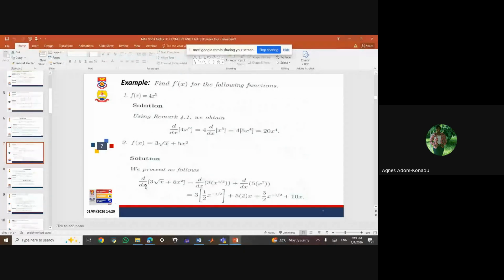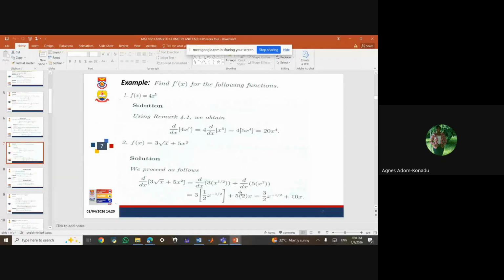Okay, so as I was saying, we are using the sum rule. Okay, so when I differentiate this one, it is the differential of the first term plus the differential of the second term. So d dx of 3 square root of x, which is the same as x to the power 1 over 2. So I have 3 times x to the power 1 over 2 plus d dx of 5x squared. Then I'll apply that remark, which says that for a constant times a differentiable function, I'll bring the constant out, then I'll differentiate the function. So I have the 3, then the differential of x to the power 1 over 2 is 1 over 2 x to the power minus half, which is 1 minus half, minus half, plus,